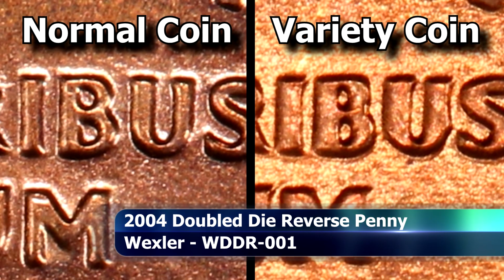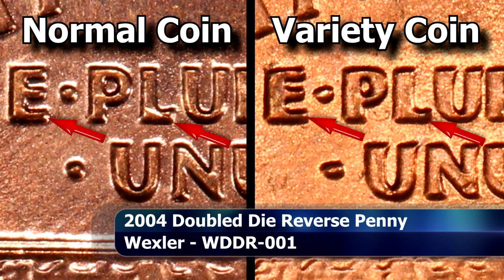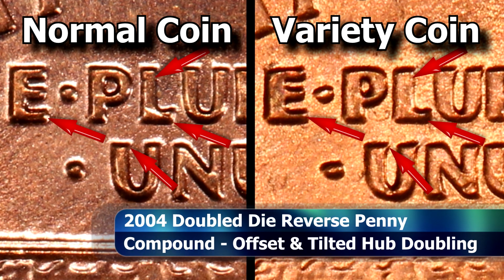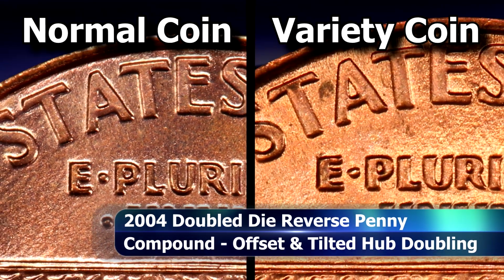Also, you can look at how comparably thin the horizontal sections of the letters seem to be, especially on the E and the base of the letter L when compared to a normal coin. The effect of this medium spread and additional thickness can then also be seen on the letters of United States of America. Where it is most pronounced are the letters nearer to the top of the coin, such as those